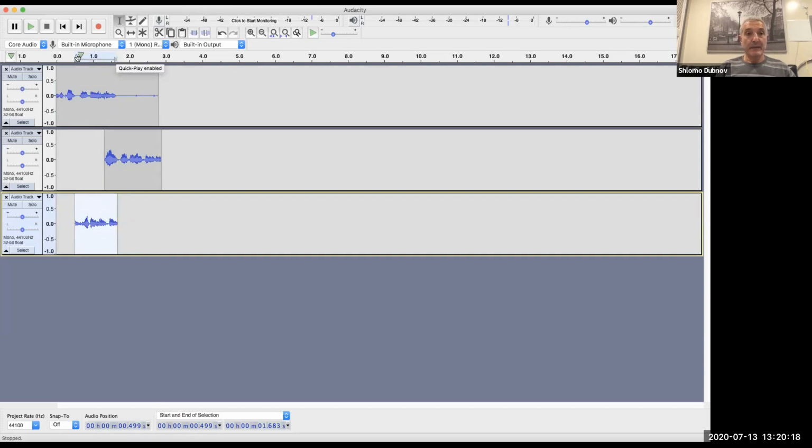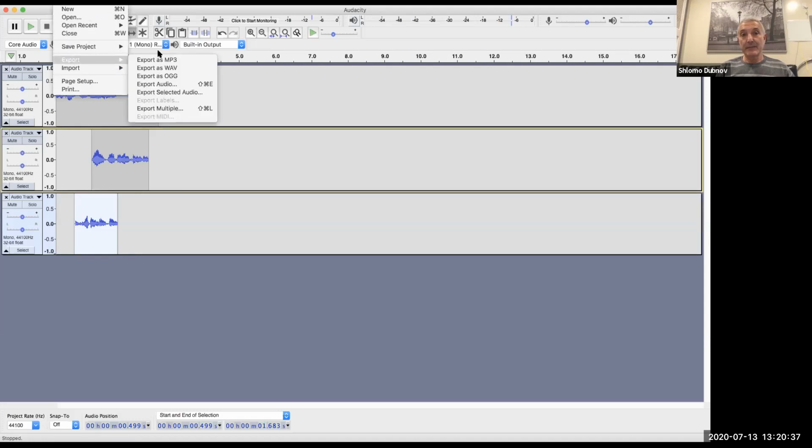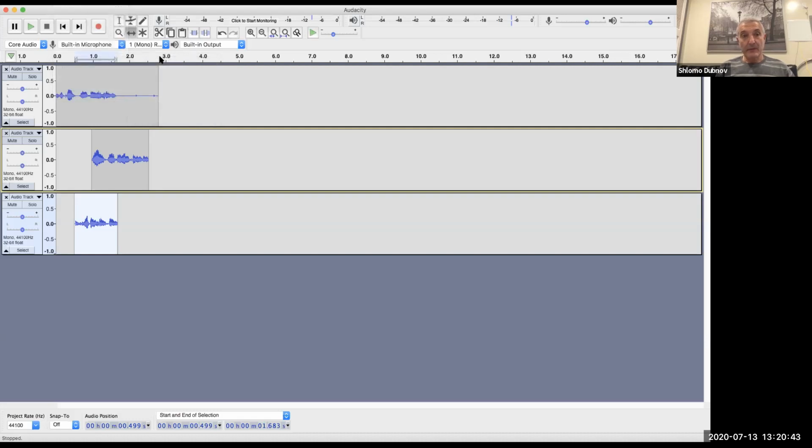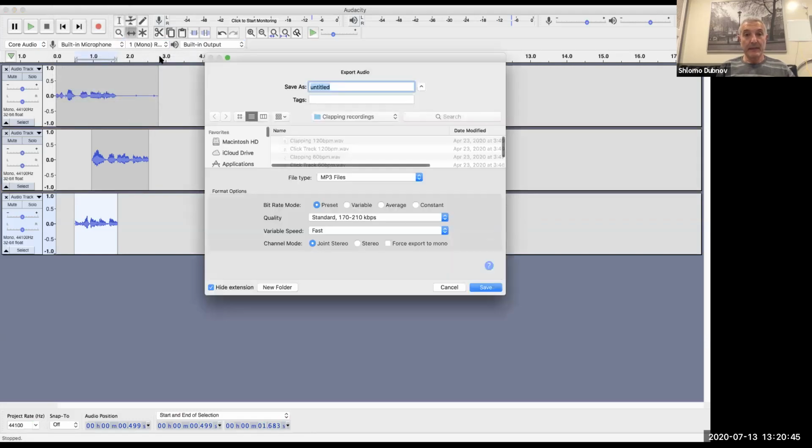I can mark here a region if I want to limit this to anything. Also anything we're saying. So I have these three tracks working together. I can actually shift them also pretty easily. And then I can go down and export everything as MP3 or as WAV. Let's say I go with MP3, and